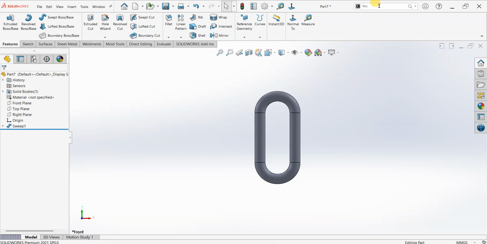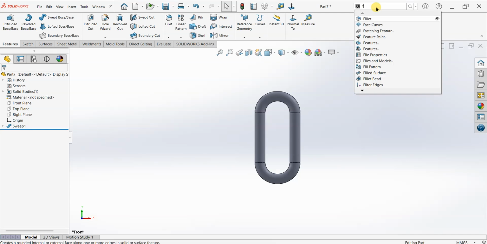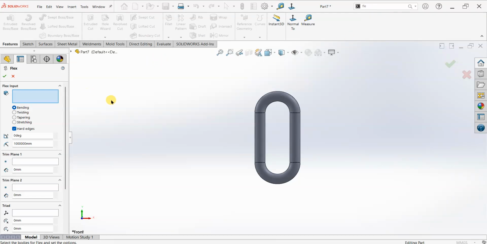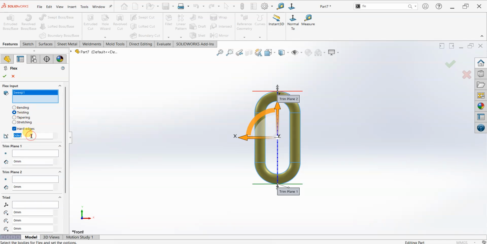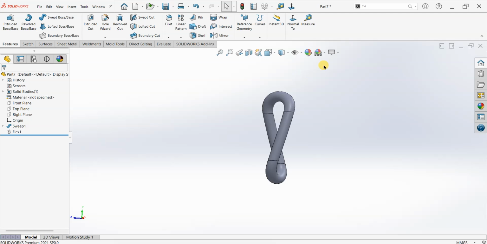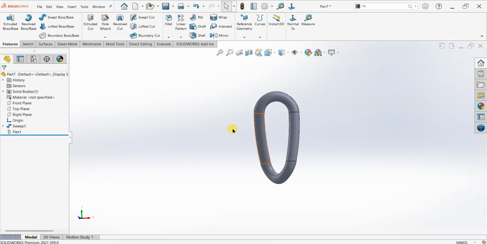Now go to the search bar, and inside the search bar make sure you are in the command section and type flex. Inside the flex command you have to select the body. First I will select the body, then I will select the twisting option, and I want it to be twisted by 90 degrees. Click OK. Now our first chain is successfully completed, but we want a series of chains, so we will draw